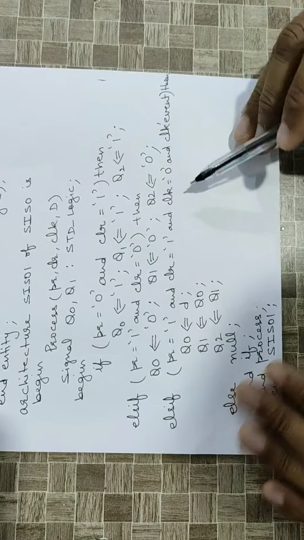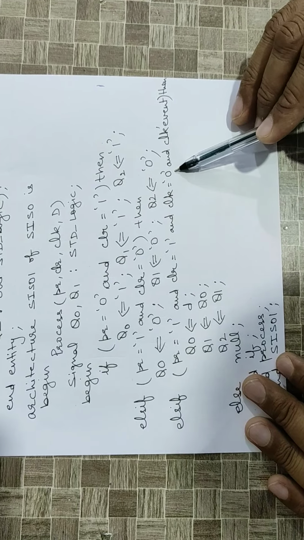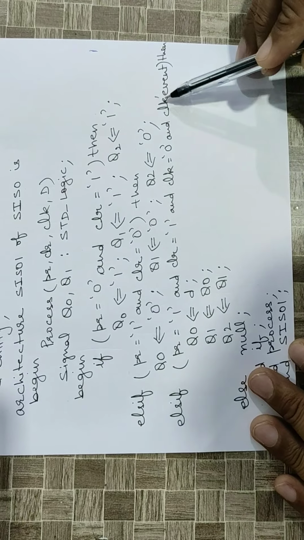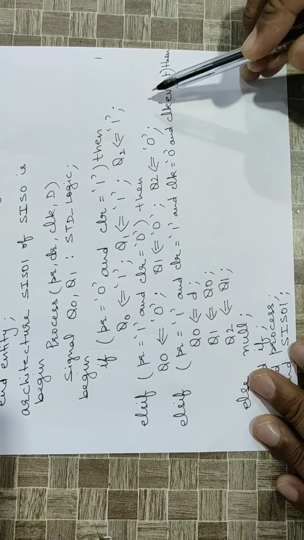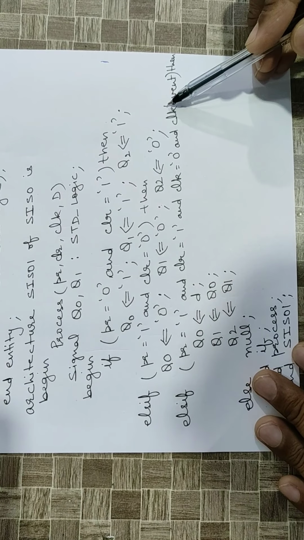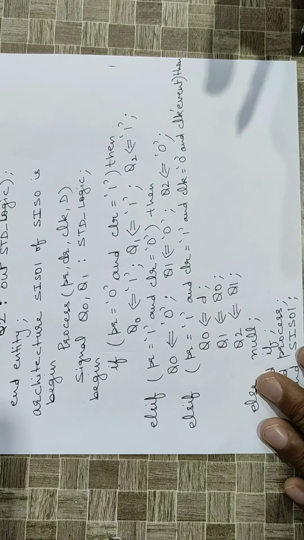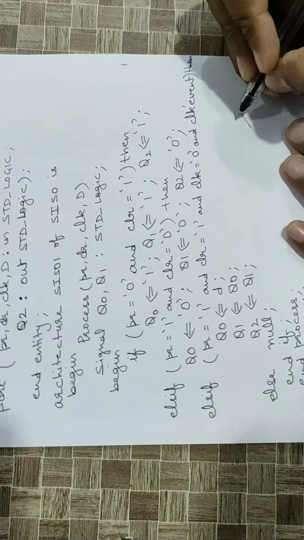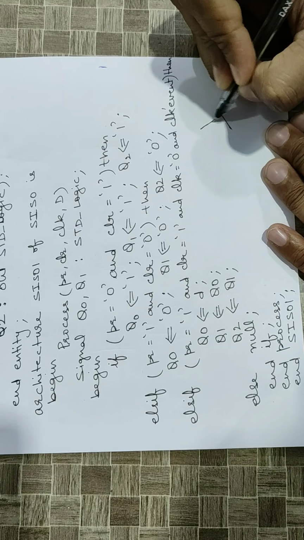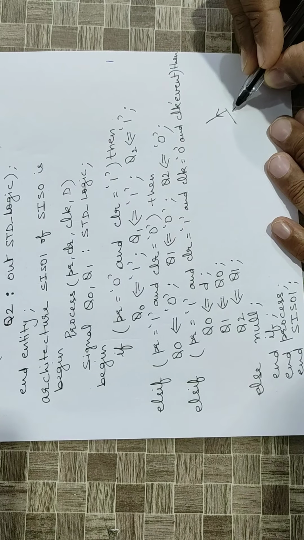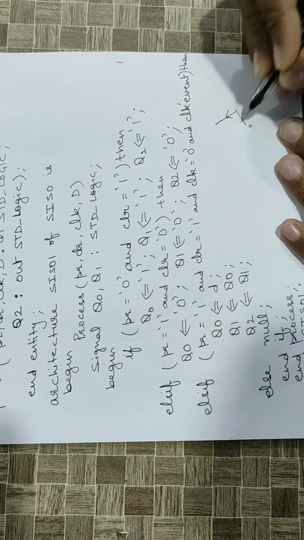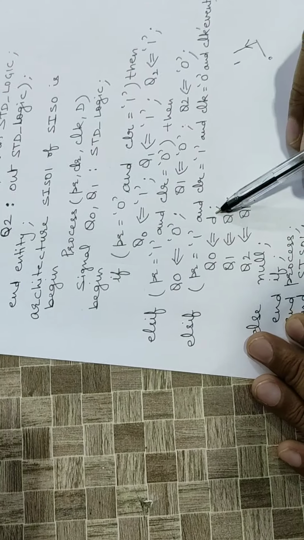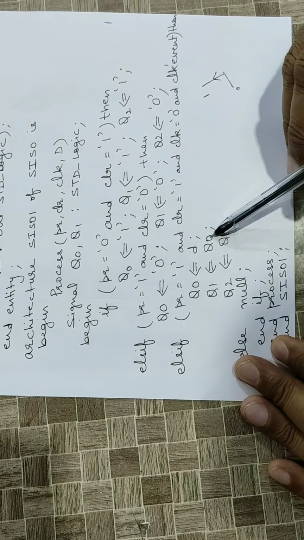Then we see the conditions: clock is 0, which is the initial value of the clock, and clock'event. The tick event is an attribute. It represents that whenever an event occurs on the clock, like the initial value is 0 and then it shifts from 0 to 1, an event has occurred on the clock and its value has gone from 0 to 1. In that case, Q0 will be D, Q1 will be Q0 and Q2 will be Q1.